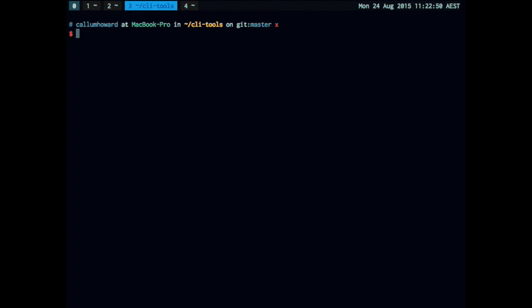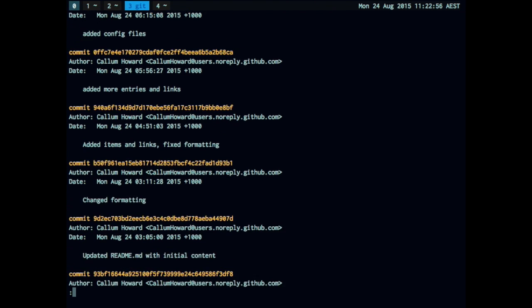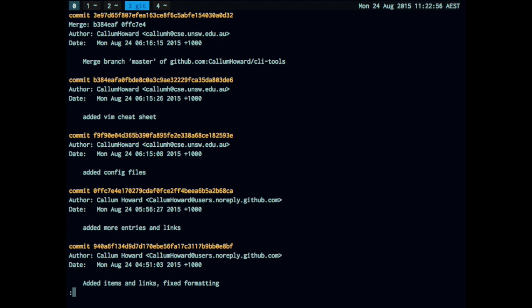What else have we got? Well, how about git logs, right? Git logs. Everybody's done this before. Git log. It's kind of an ugly log of all the changes. It's got all these. Anyway,